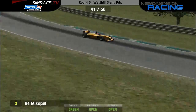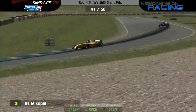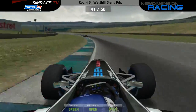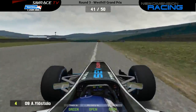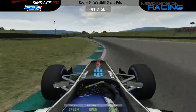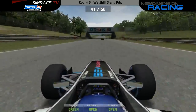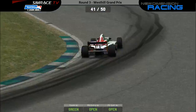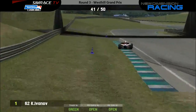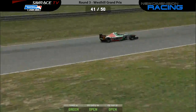Probably gonna take a while to recover those tyres. They're a bit hot. At least they're hot on all four, so it's not as bad as if only one end would be hot, or one side. So that gives Krasimir even off the lead, as he puts a couple wheels off onto the tires. I think that